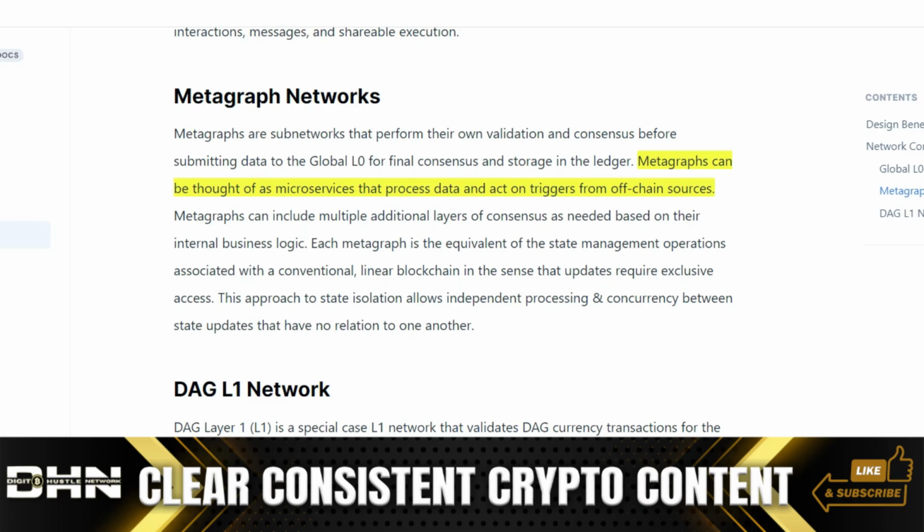Company A goes to Aptos to create this application. The problem is Aptos doesn't have the proper mechanisms to read that data from their traditional platform. That is where this Metagraph comes into play, because these microservices can process data and act on triggers from off-chain sources. Now, there's another section here in their documentation where they talk about the difference between Metagraphs versus smart contracts,